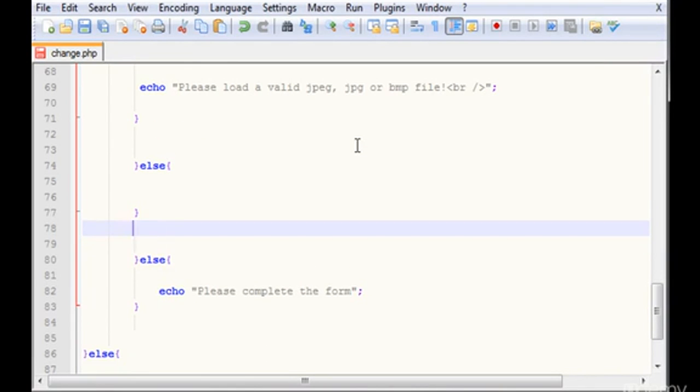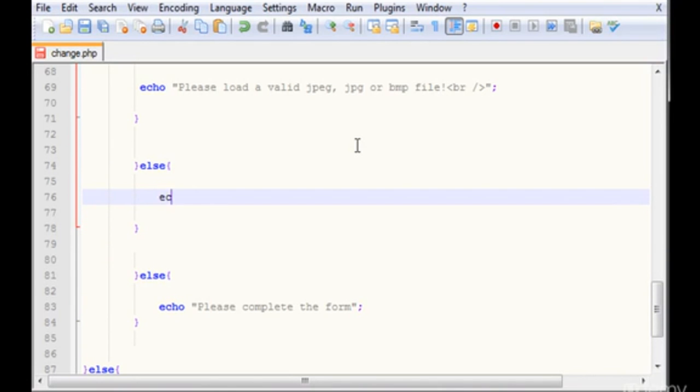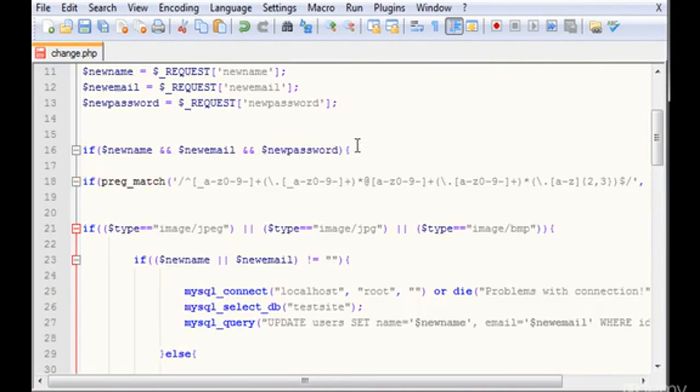I push this a little bit more up, and in here I can type echo please type valid email. Okay, let's go back up,